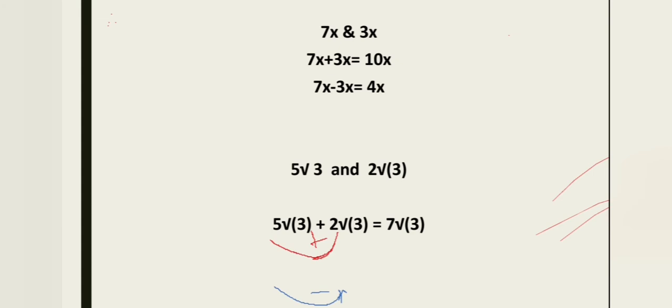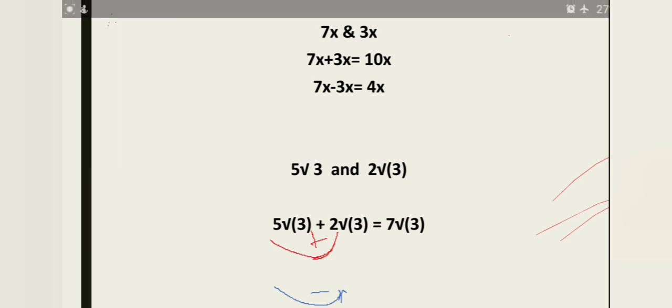When you are doing addition, you should add only the coefficients. Coefficients means numbers with the root. So whatever numbers you have with the root, you can add only those numbers. So 5 and 2 only we are adding. 5 plus 2 is equal to 7, and we are keeping that root 3 as it is, as we did in the